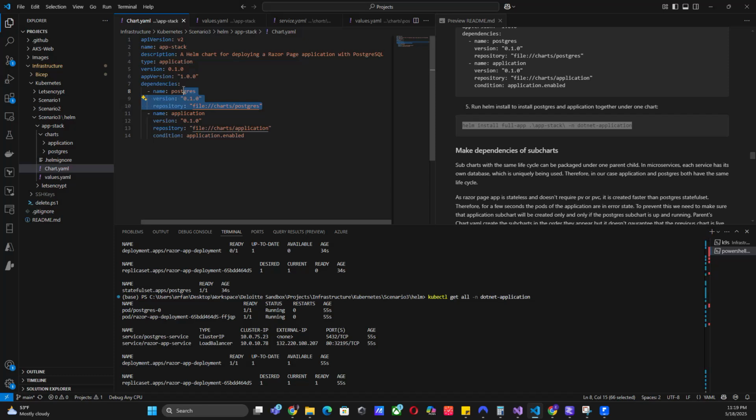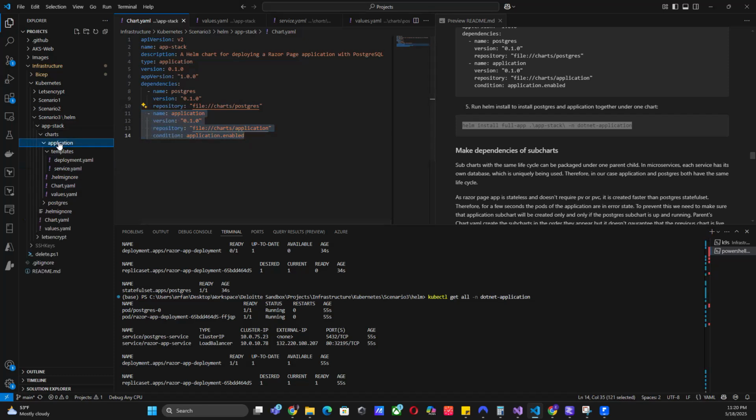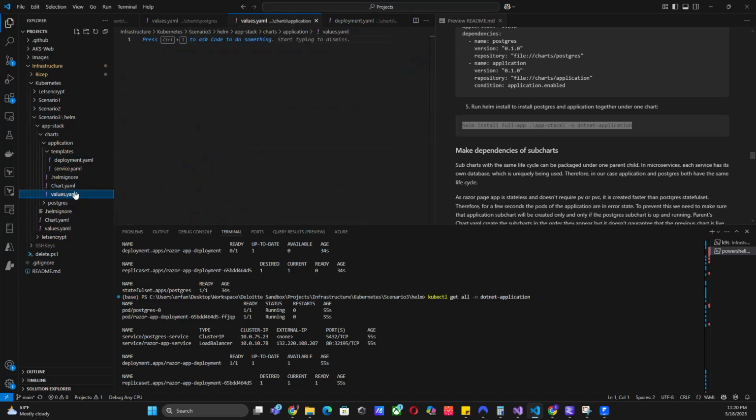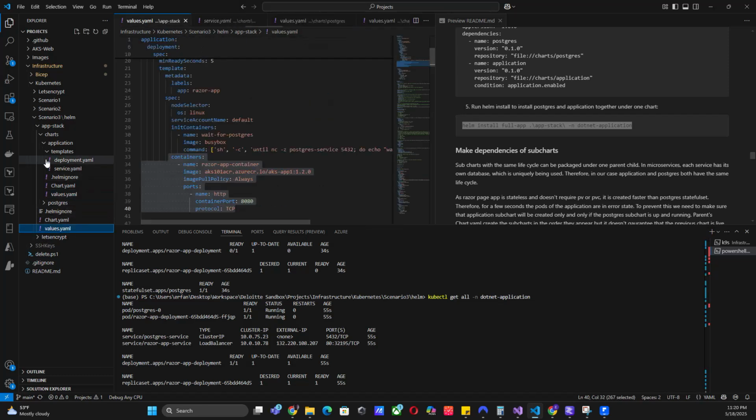But the caveat is, Helm is only creating them asynchronously. So first it goes ahead and creates the Postgres, and after that it sends another signal to create the application, and that's why the application can still get into error status. The other thing is to make sure that the application is created after Postgres by making use of init containers. So in your deployment you can go ahead and add an init container. In the init container you go ahead and